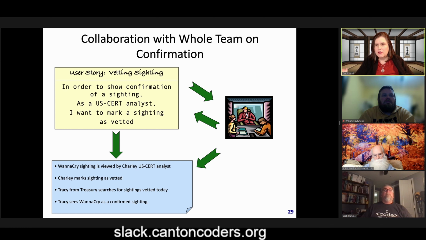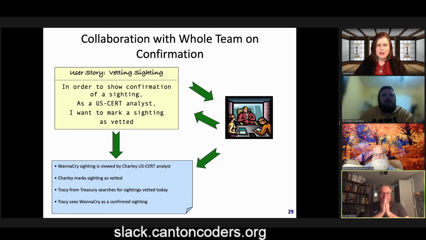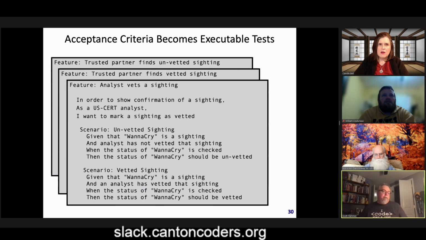Tracy from Treasury then picks this up and looks at it. So we're sort of working in our flow as we're discussing this. She searches for sightings that are vetted today. And Tracy sees that WannaCry, which was a really nasty thing, and there's lots more nasty things out there, has been confirmed. From that,